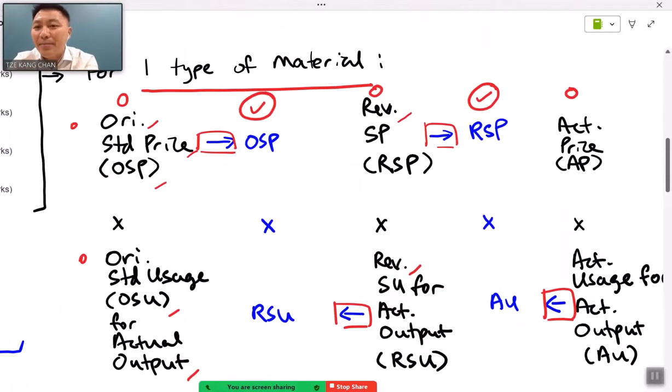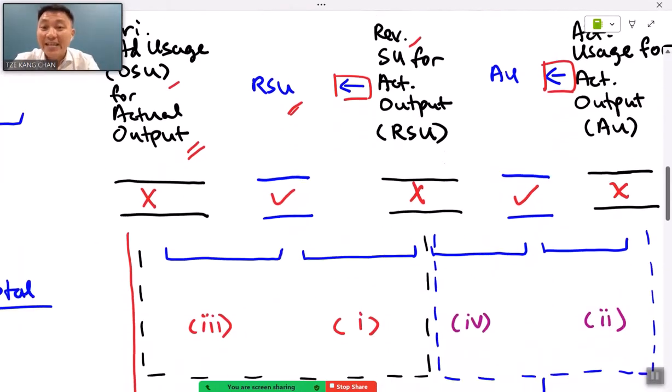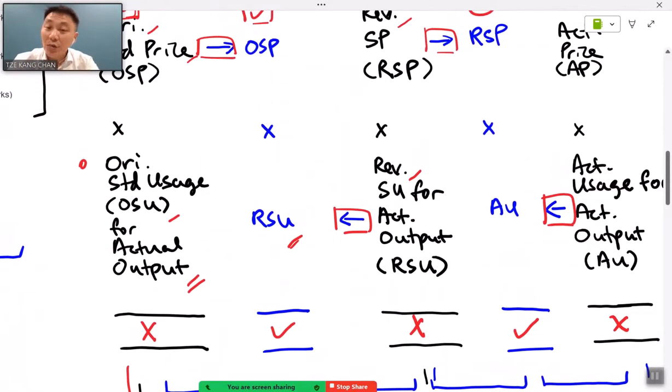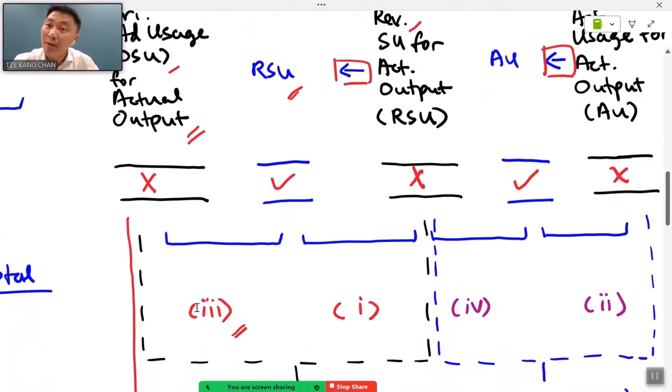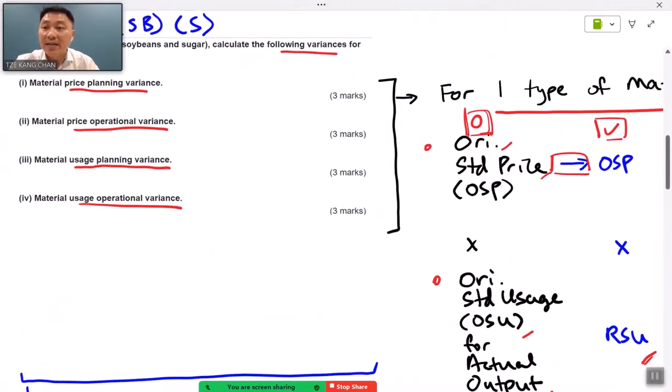By looking at the comparisons of the value for column 1 as well as column 2, it is clearly there is no difference on the prices, except there is a difference between the usage. These differences hence give rise to usage variance. And because the usage variance represents the difference between the original and the revised standard, this difference is clearly representing planning variance. As what the question says on the 4 items of the task, that refers to the material usage